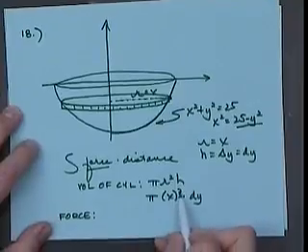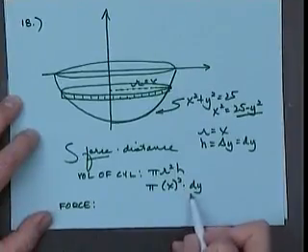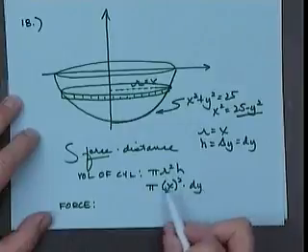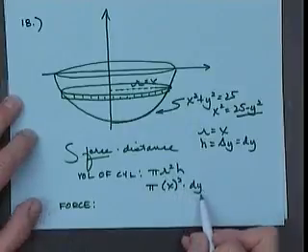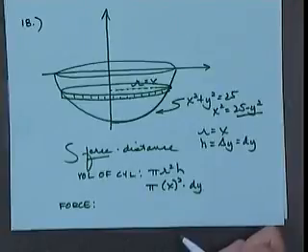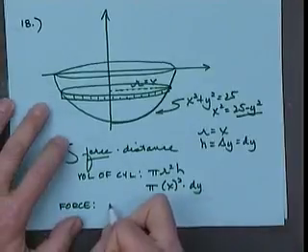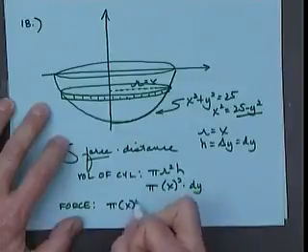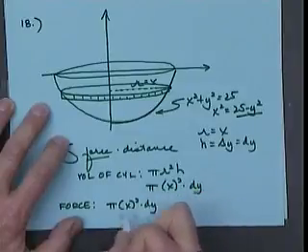So this x is in feet, so there's feet squared. Delta y is in feet, so we got feet squared times feet, which is feet cubed. So we need pounds per cubic foot, so the cubic feet units knock each other out. So the force would be pi x squared dy